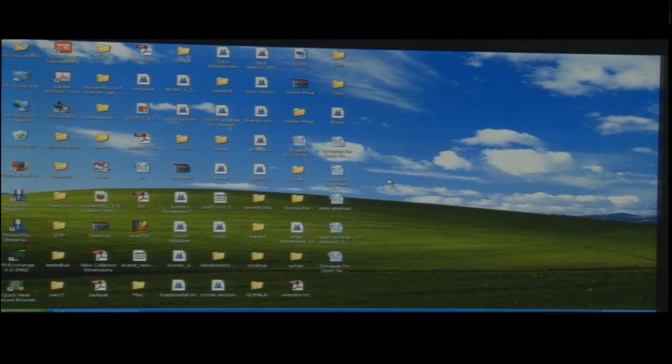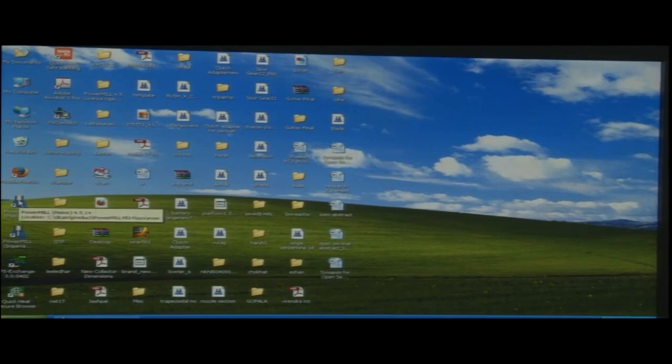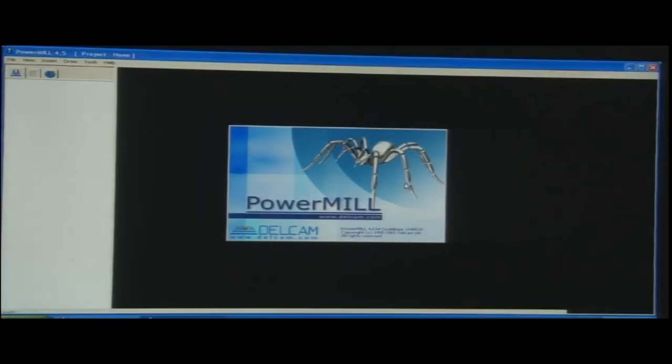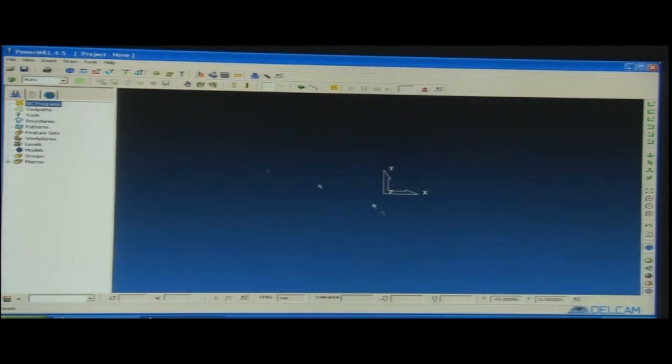So, now what we need to have is a CAD model. The model that we have generated through any of the CAD softwares like SolidWorks, CATIA, I-DEAS or so, can be brought into this program. So, this is the software Delcam Power Mill. This is a metric software. When we click on the software we get this interface. Here we can generate the code for the drawing that we have received.